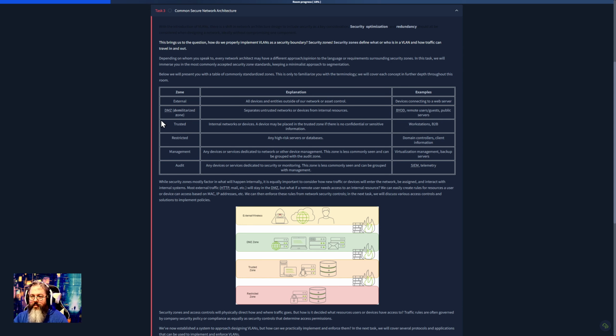You have your trusted, which is internal networks devices, and they're only in this zone if they don't have any confidential or sensitive information. And then your restricted zone are any high-risk servers or databases. For example, your HR databases that contain PII, your financial databases that have your financials of your business on them, and then